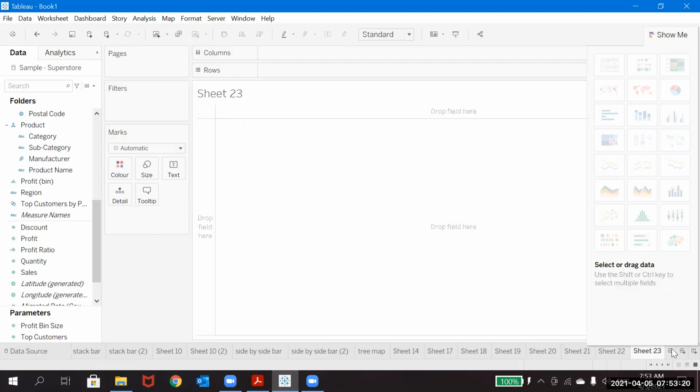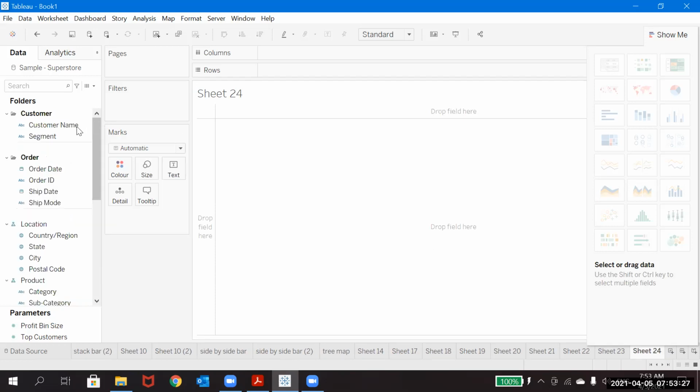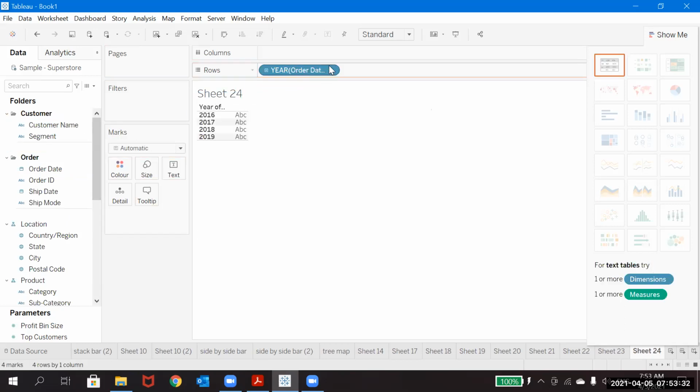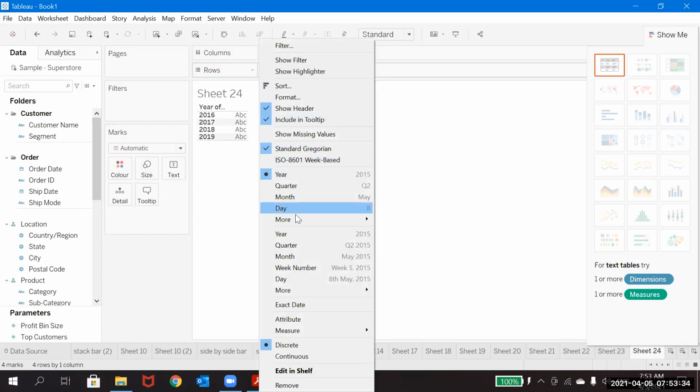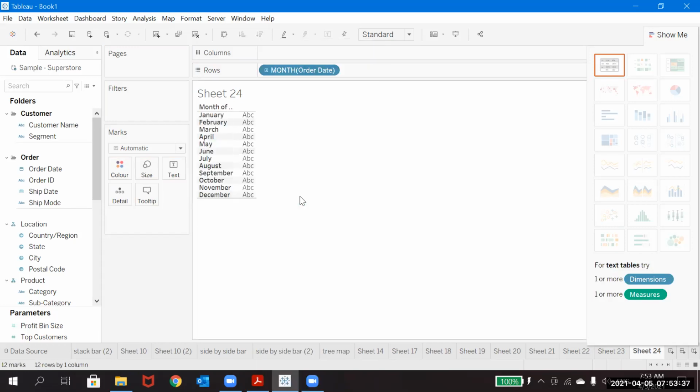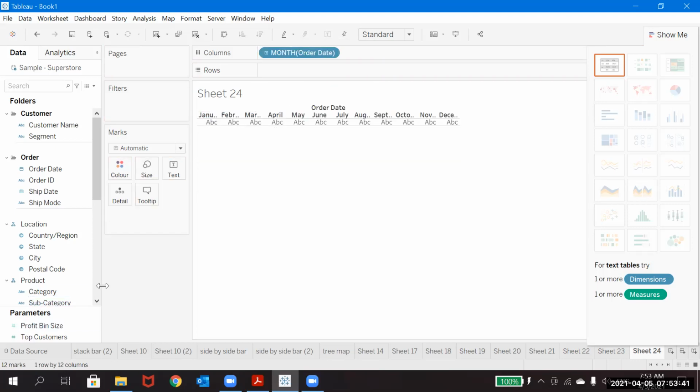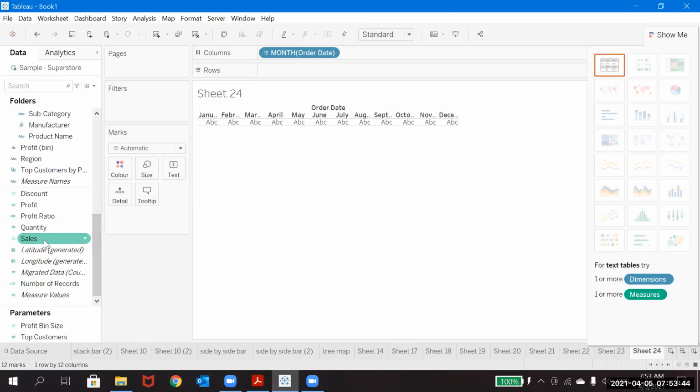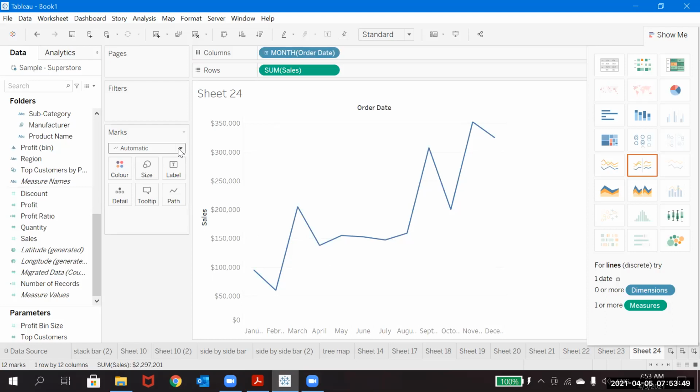Okay, so now we will see how we can show the Gantt chart here. As per Show Me, we created one way, and now we will see manually how we create the actual Gantt chart. You have to go to the smart shelf, and there is an option called Gantt bar. You have to click on that.